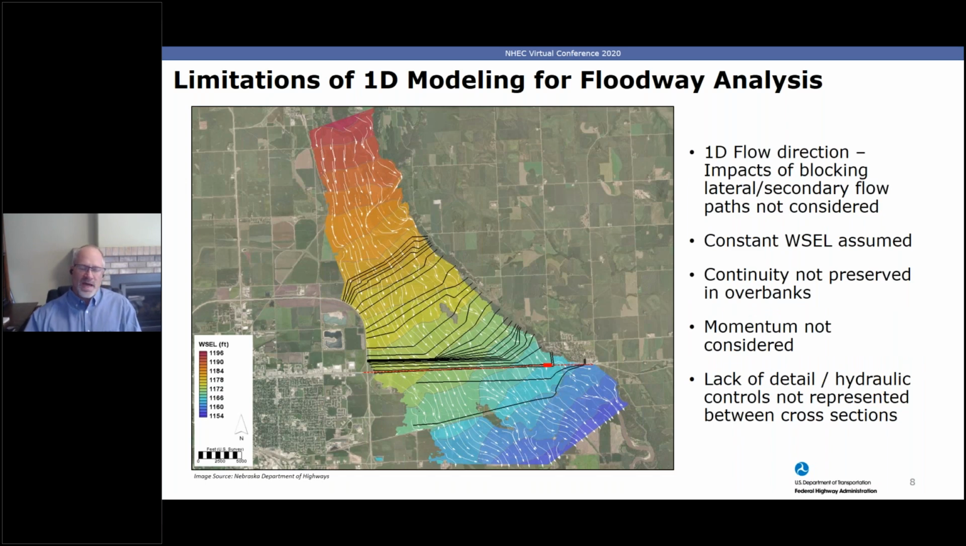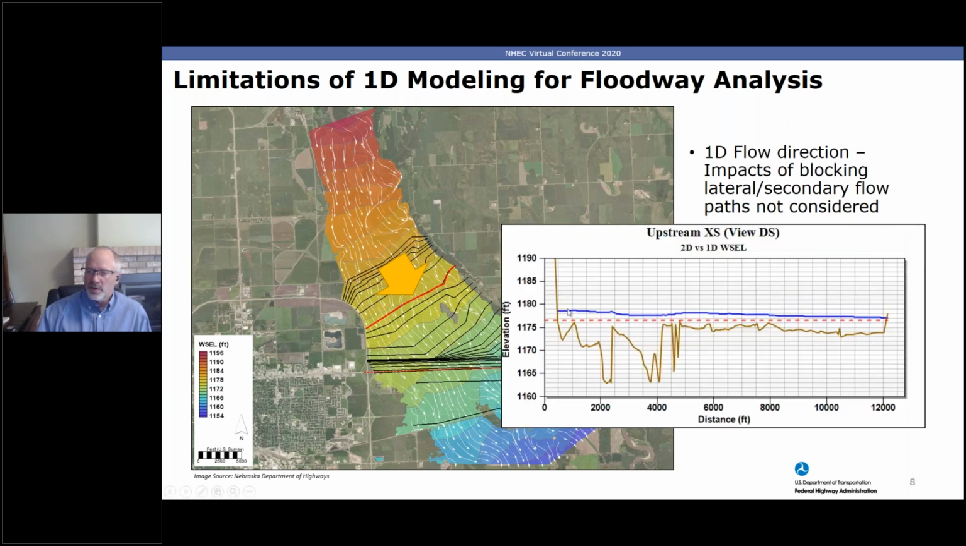So I've added these black lines from the current effective 1D HEC-RAS model. You'll note that I did extend the 2D model both upstream and downstream to avoid any potential boundary condition effects. And this cross section here highlights just a typical cross section upstream of the bridge. And I've got a plot here. In this plot, the solid blue line represents the 2D model result, whereas the dashed red line represents